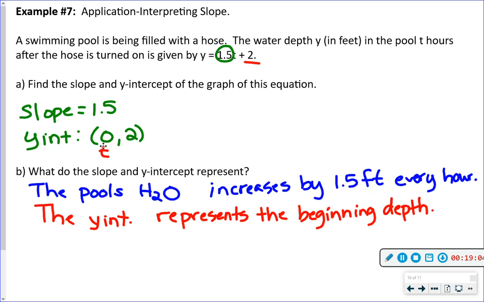Good. So any questions? That's like the easiest word problem we've done this year. Any questions on that guy? So today you've got parallel, perpendicular, and then the new exciting thing,